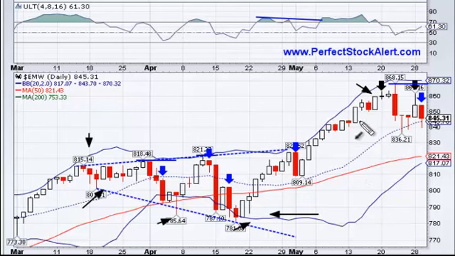Also, you'll notice that you have come up here, pulled back down, and bounced up here, formed a shooting star you didn't have before. And then you also have a lower high confirmation today. All of this is in line with a breaking down situation here, and I would like it from a sell perspective.